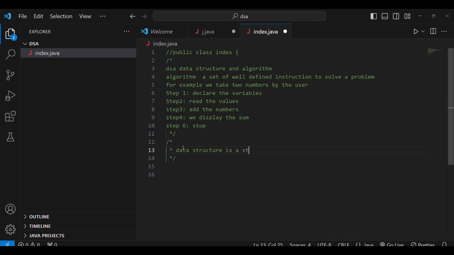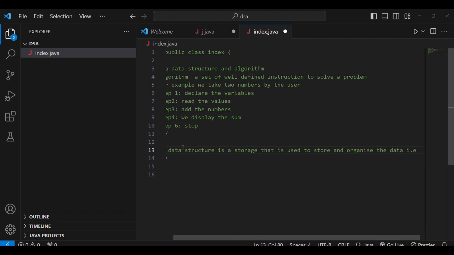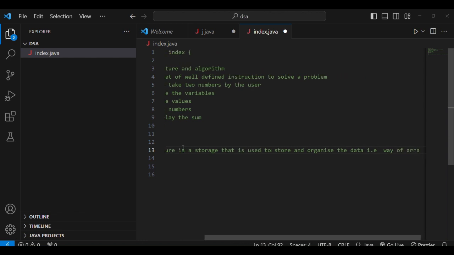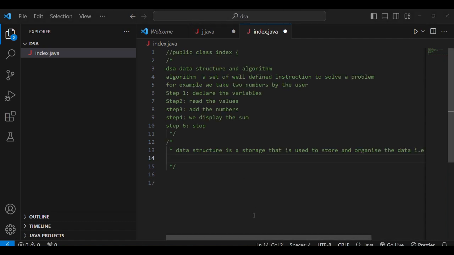Now we understand data structures and algorithms.